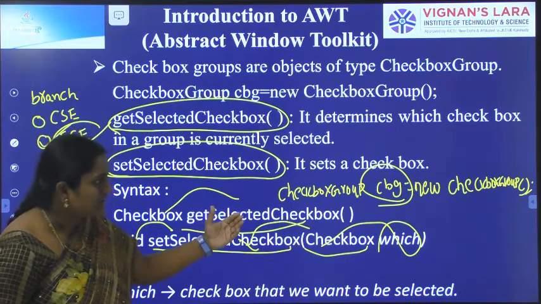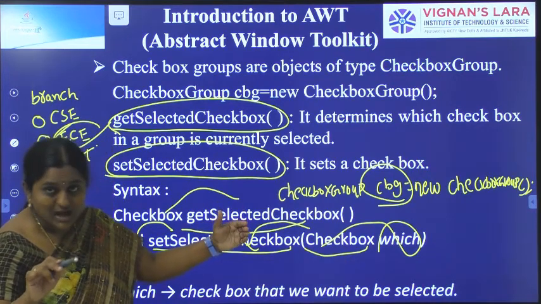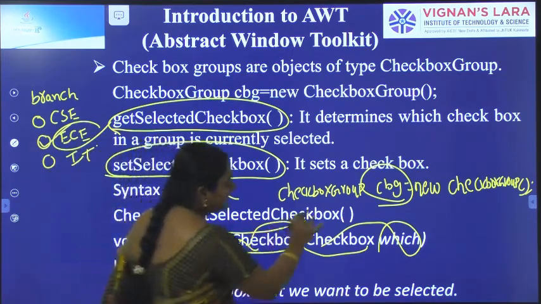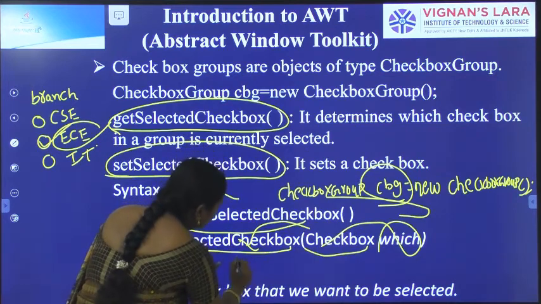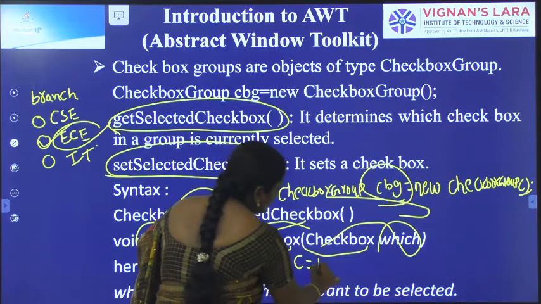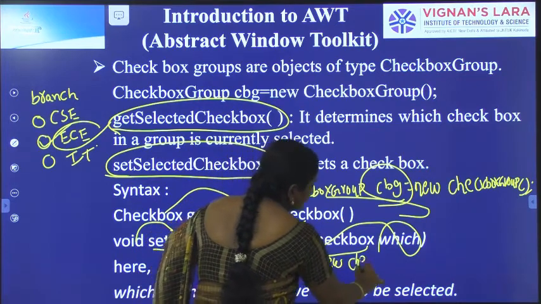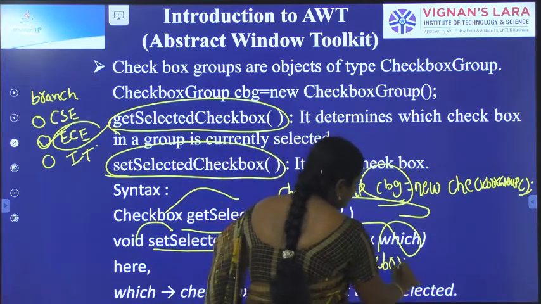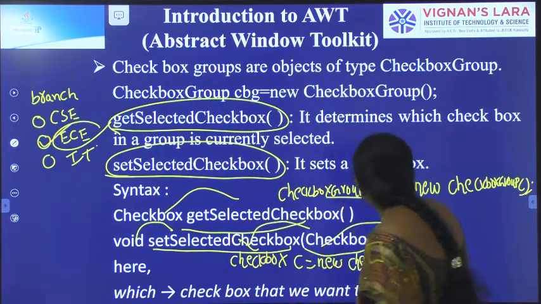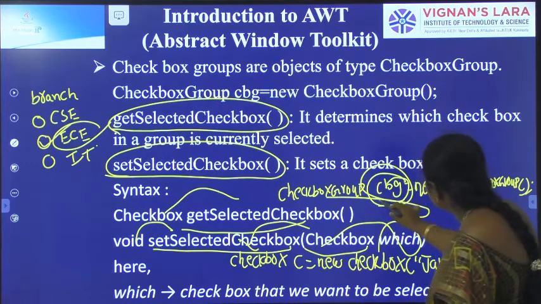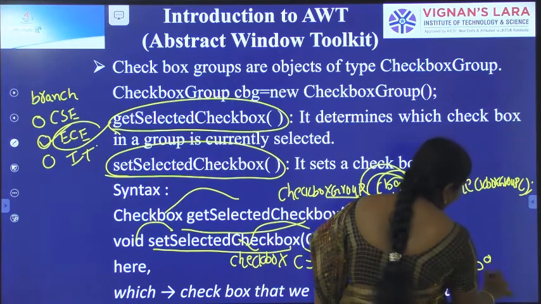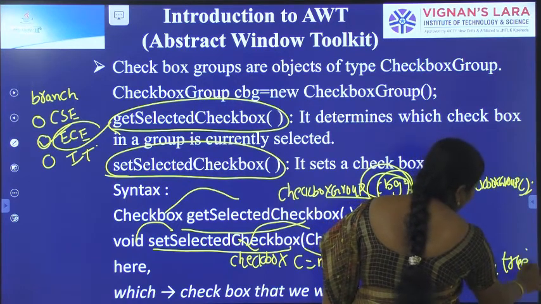Checkbox c = new Checkbox("Java", cbg, true). We pass these as arguments to the checkbox constructor: Java, cbg, true.